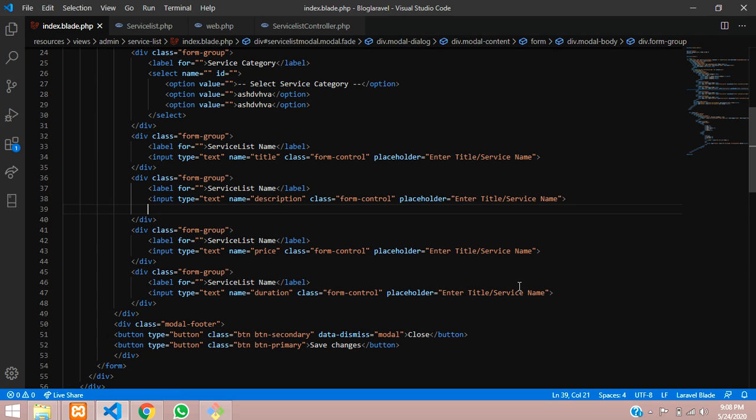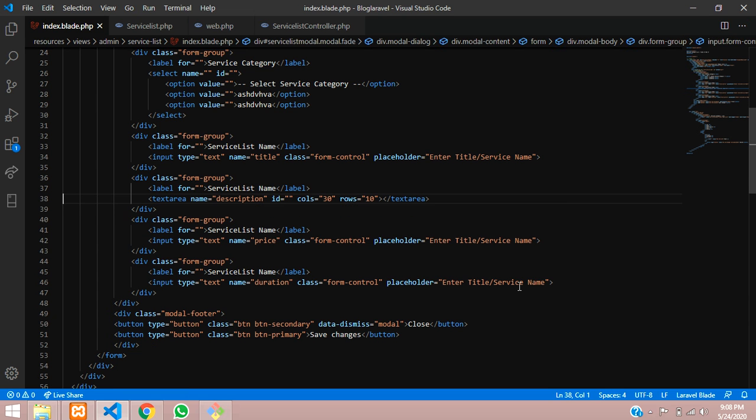You can use a textarea over here, where you give a description. Remove the unwanted things, and rows we will give as 3, and then simply include the class for the designing purpose.